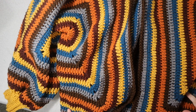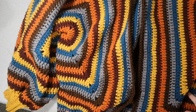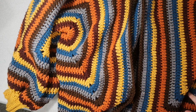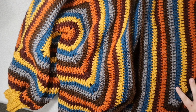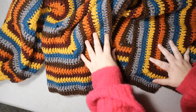And the last thing we have to do is crochet a border around the front, and then I use the same color and the same yarn to continue along the bottom to provide added length as well. So if you didn't want to add length or even a border, then you would be finished with your cardigan. But if you're someone who wants to know how to add length, I always start with the border and go